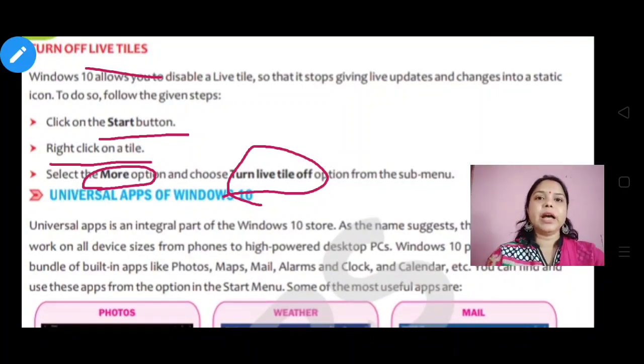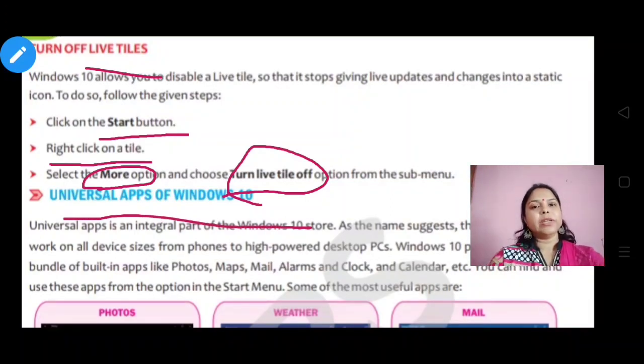Our next topic is universal apps of Windows 10. What is a universal app? There are so many apps given in your mobile, and similarly there are many apps stored in our Windows computer.